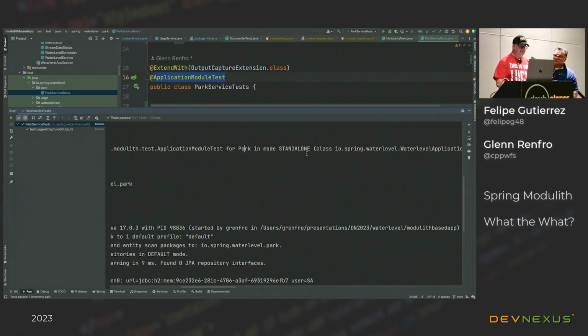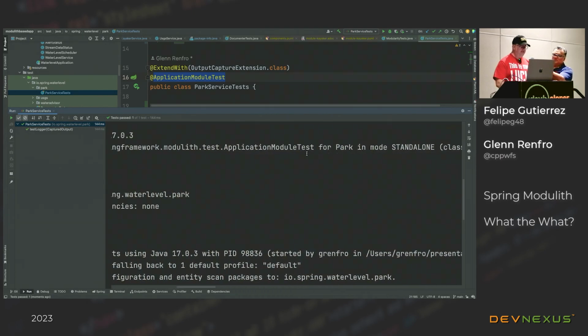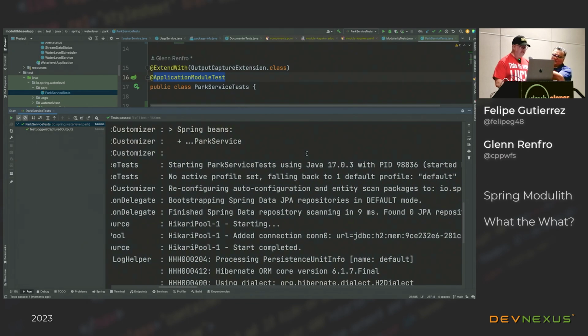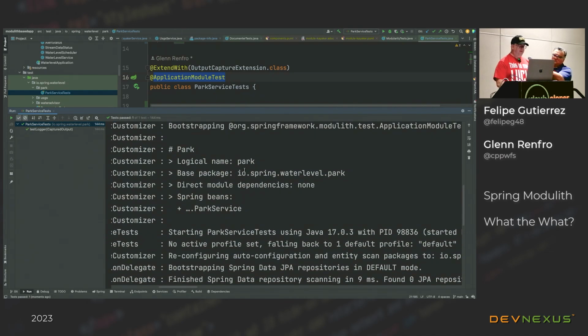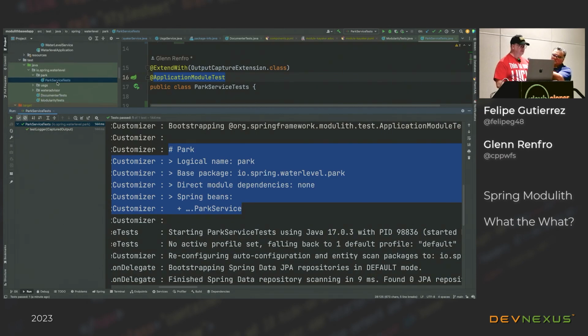That means I'm testing this module in isolation, and by testing it in isolation, I'm not pulling in any of the other modules, so I can mock and test this in isolation, but we also see that we have just the Park here as this service. Now let me show you, as the module being tested. So let me go down here.